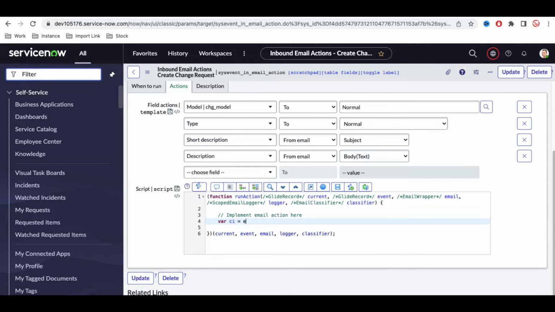In the CI, I'll put email.body, so I can access the body, and then inside the body, I need to pick a field. Inside the body, I am going to put configuration. So whatever value they pass in the configuration, I'll pick that, and I am going to match that configuration to the